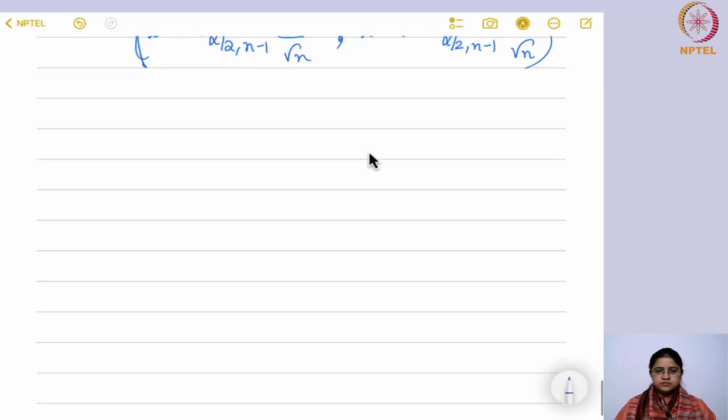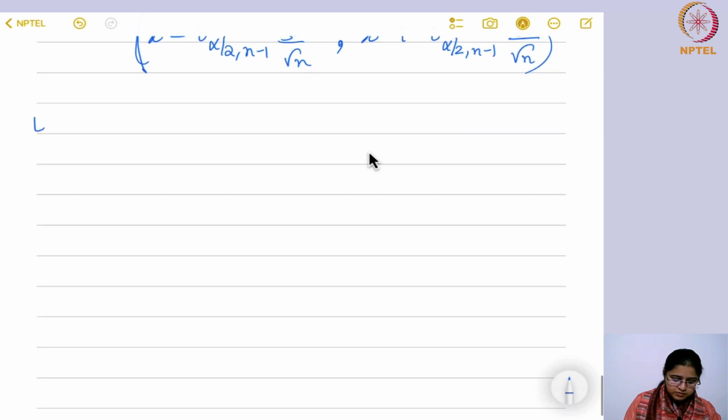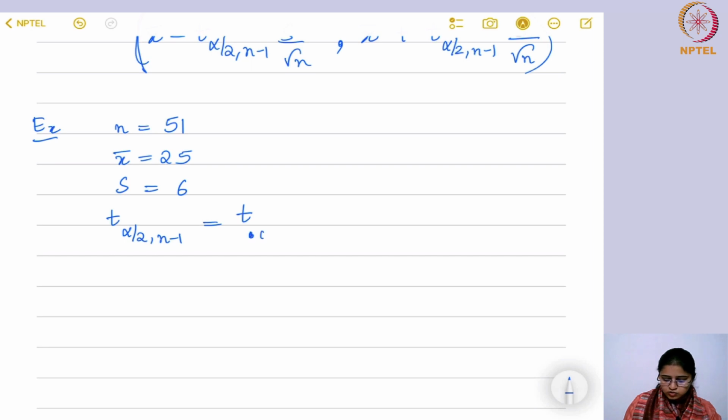So if you look at the example, n is given to you as 51. The sample mean came out as 25 and s is given to you as 6. And if I look at the t value, t alpha by 2 at n minus 1, it is actually t 0.025 at 50. N minus 1 would be 50, degrees of freedom is 50. If you look at 50 degrees of freedom at 0.025 in the t table, you will find that this value is